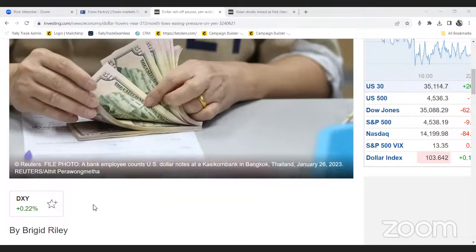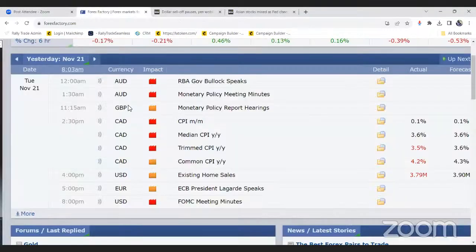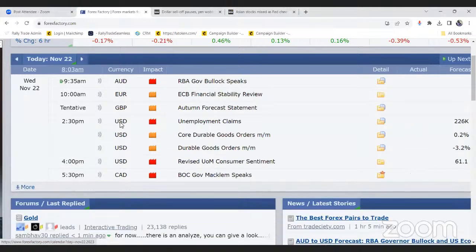It will seem that way, that the level of inflation is actually being controlled by the government, and so they are not really keen on increasing interest rates. With that information, and especially due to the data we're expecting today in the US, unemployment claims and consumer sentiment, these will give us a general direction as regards whether price will keep going up or whether price will fall.